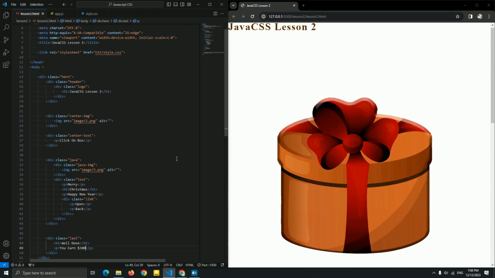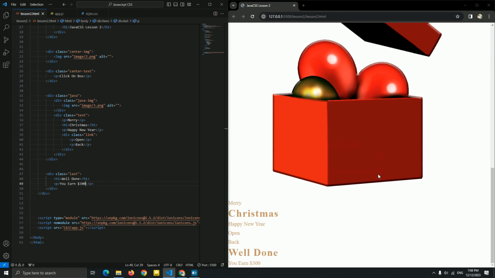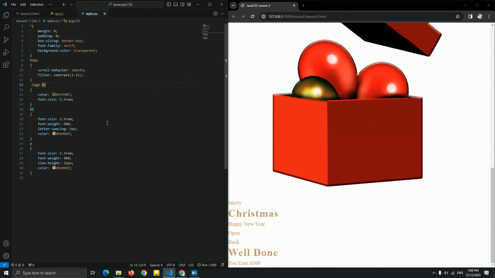And now we created this HTML, as you can see right now, with this message and this last message. Now let's go create the style in the CSS. So first I'm gonna add a hero: position relative, width 100%, height 100vh, and overflow hidden, because it's not a responsive website, so I'm gonna add overflow hidden.